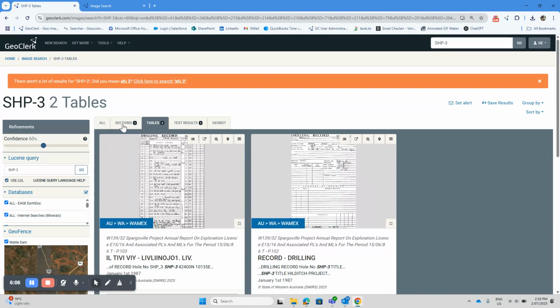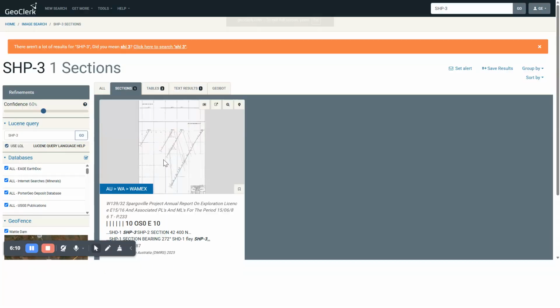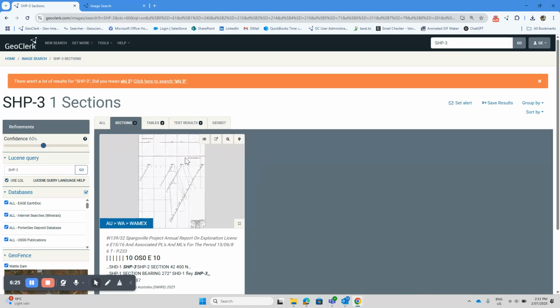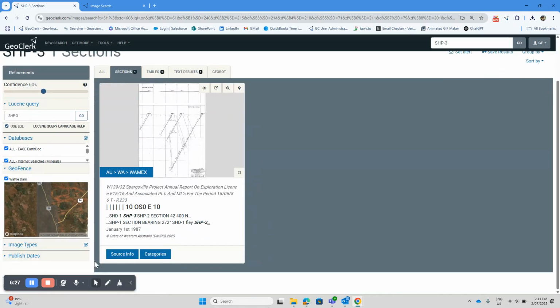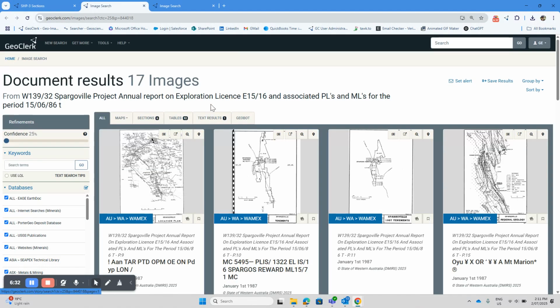Now, as well as those tables, we've got a section here, so let's take a look at that just to see whether there's any significant intercepts noted. And we can see here that this SHP2 and SHP3 both have significant areas of interest. So let's see if I can find the rest of the tables. Maybe they're with that document itself. So again, go to the source information, search the rest of the images in that document,